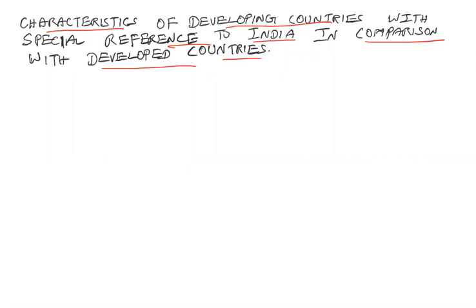See, the World Bank has classified the countries of the world as low income, lower middle income, upper middle income, and high income countries. This classification is on the basis of the GNI per capita of each and every country. And every year on 1st of July, the World Bank releases its report, the classification of the countries, based on the GNI per capita of the previous year. So the World Bank's